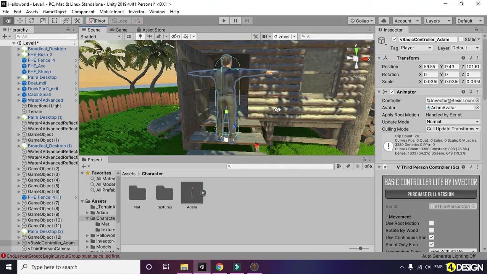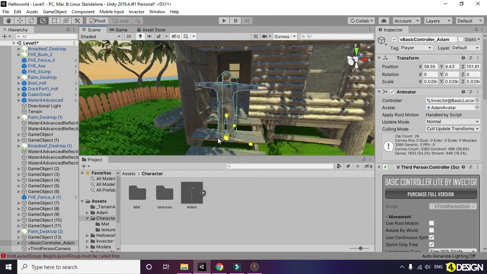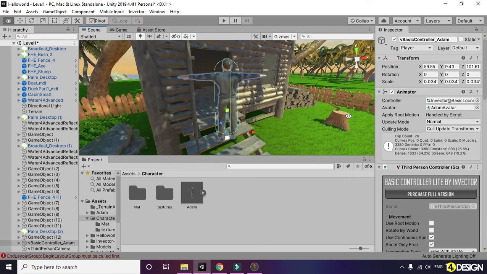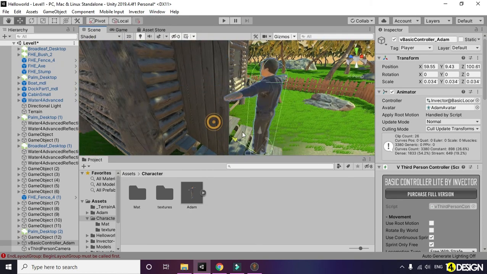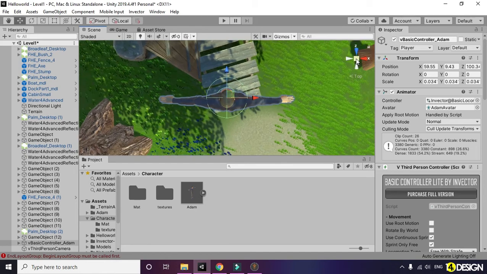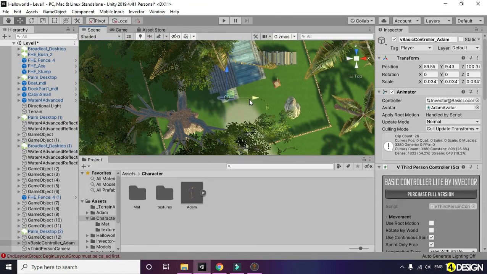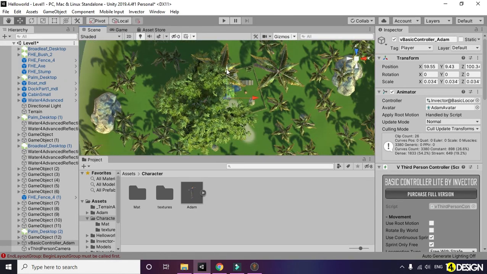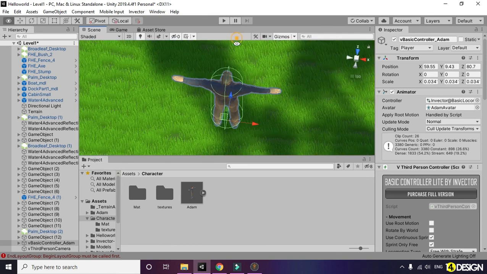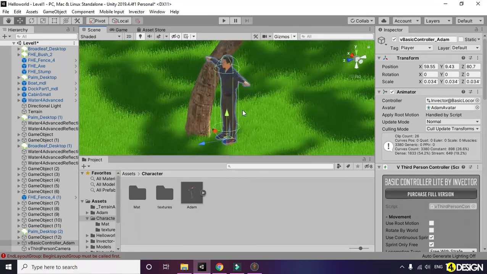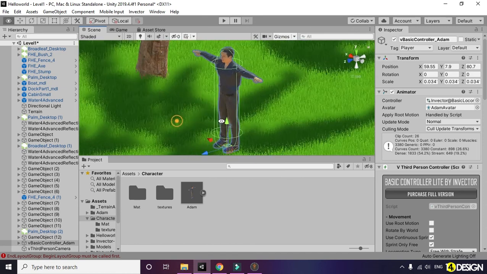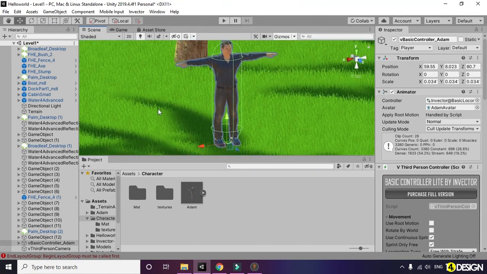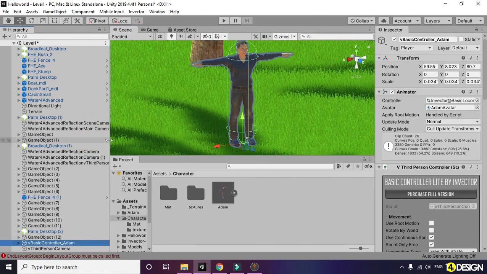A little bit more. Yeah, now I think the scale is fine. Let's bring him to an open area. Okay.